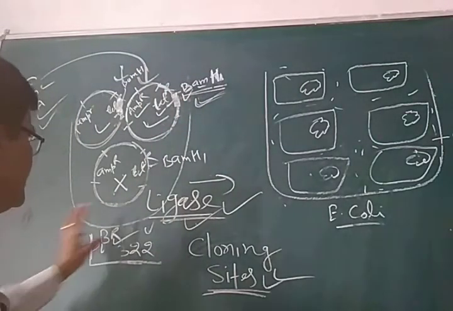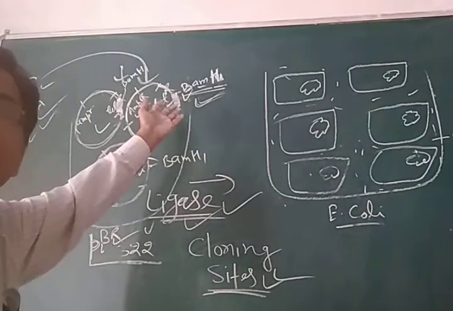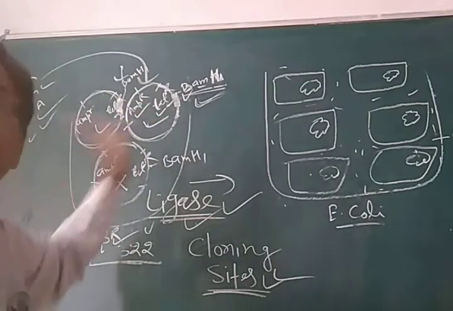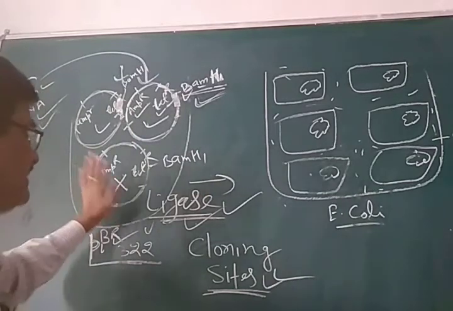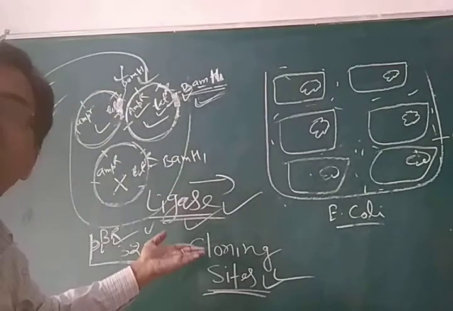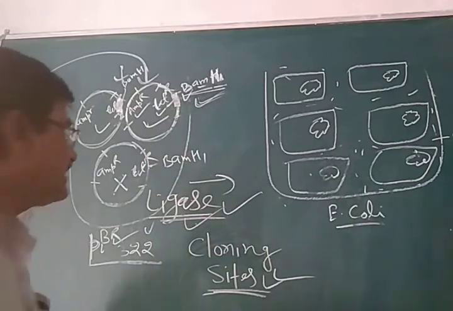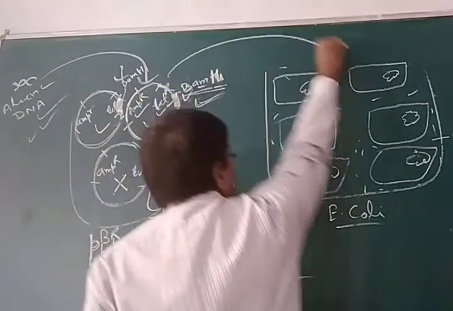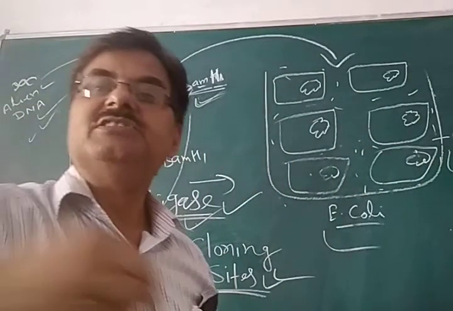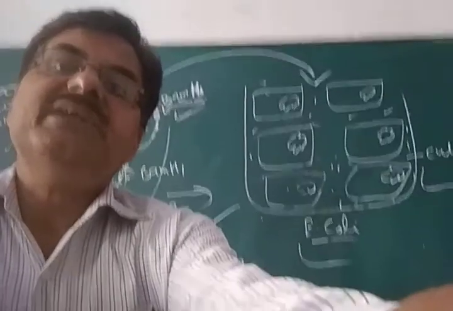Okay. So there are many cloning vectors, and some alien pieces of DNA attached with these cloning vectors. So there may be some recombinant and some non-recombinant also. And now after this recombination, after the ligation of this alien piece of DNA into this cloning vector with the help of this ligase enzyme, now we transfer this into the culture medium. This is the culture medium of E. coli. Now we add this in the culture medium of E. coli.